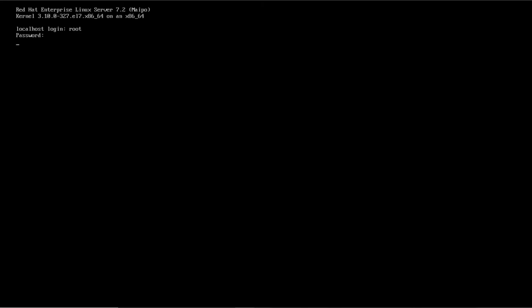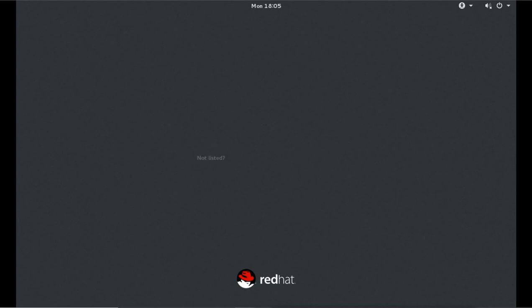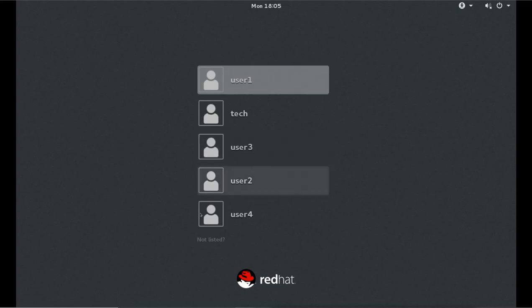Now we are in run level 3, previously we were in run level 1. Now when I give it 5, it will take me back to graphical. Run level 2 will not work because there is no run level 2 available here in RHEL 7.